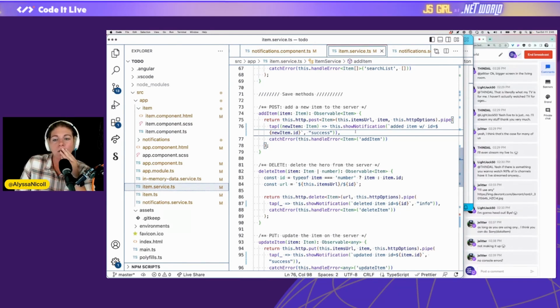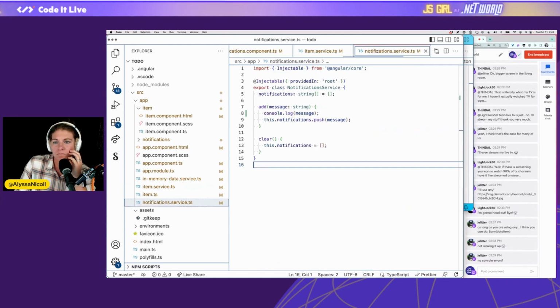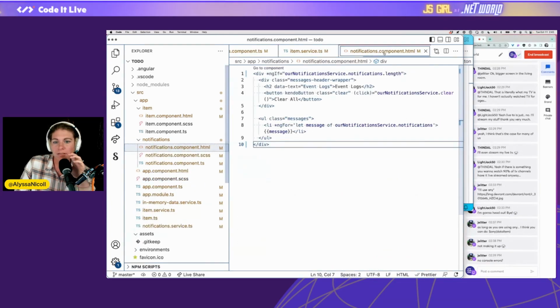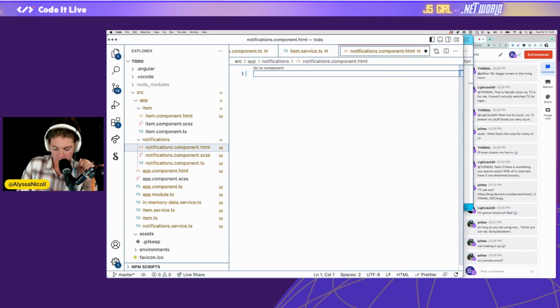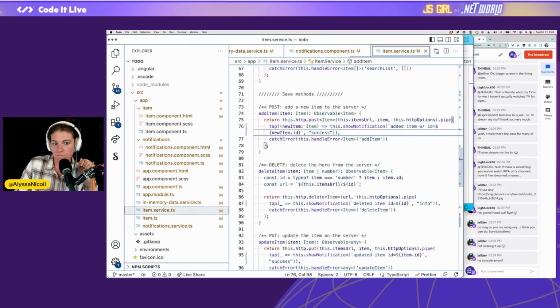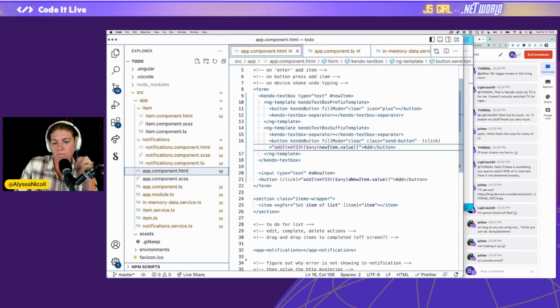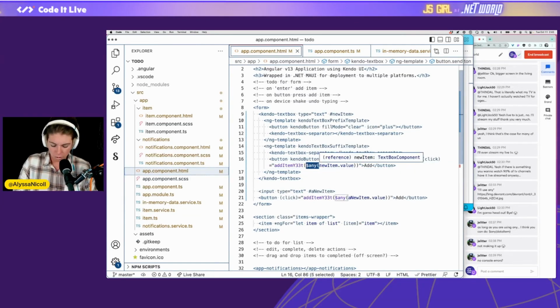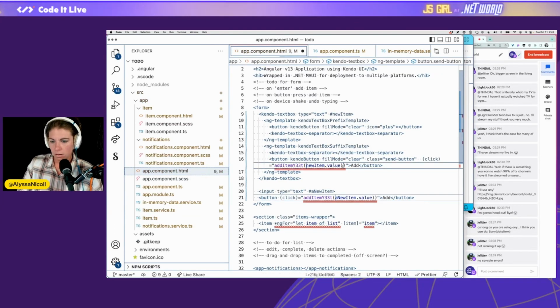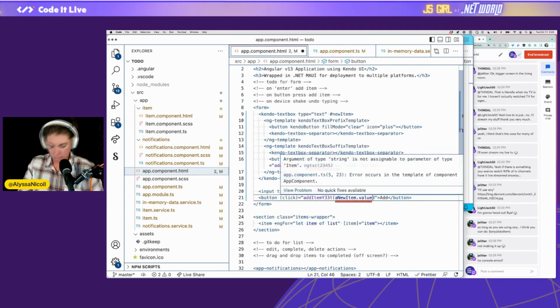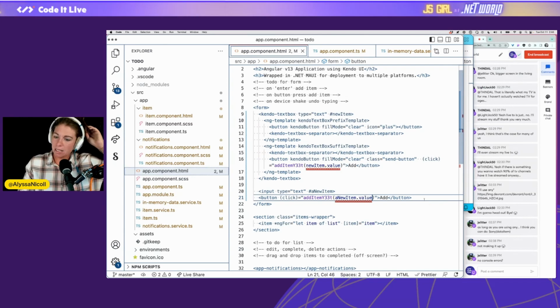Okay. First things first, let's stop trying to cheat the system. I'm going to go back to the UI. Oh, this was the message stuff that we never cleaned up, that I was like, I'm going to totally clean it up, and then I never cleaned it up. We don't need that anymore. And I want to make sure app notifications. Cool. Okay. So instead of any, which was a really cool trick, I loved that, that was awesome. Essentially the value that we're getting is,